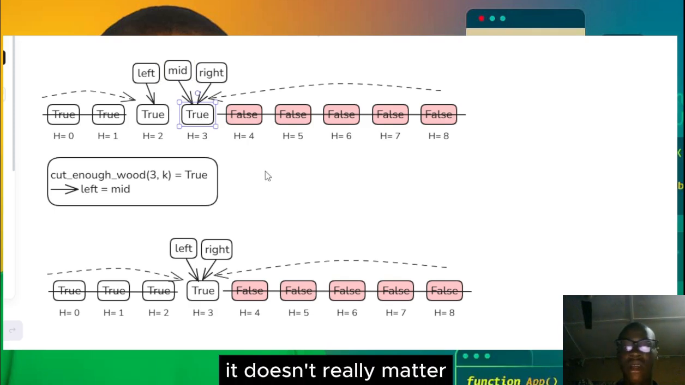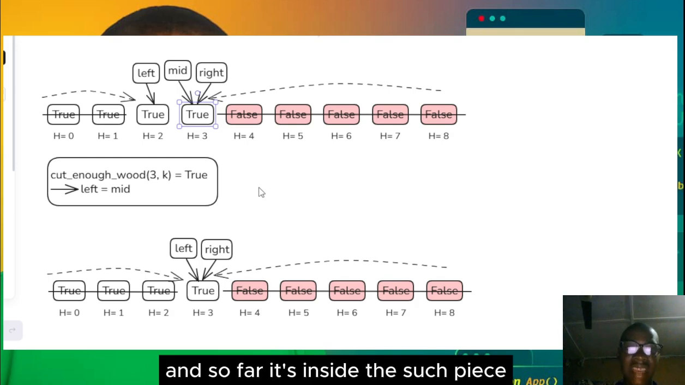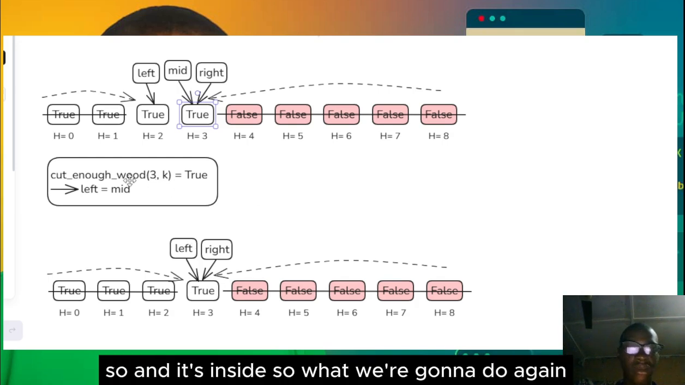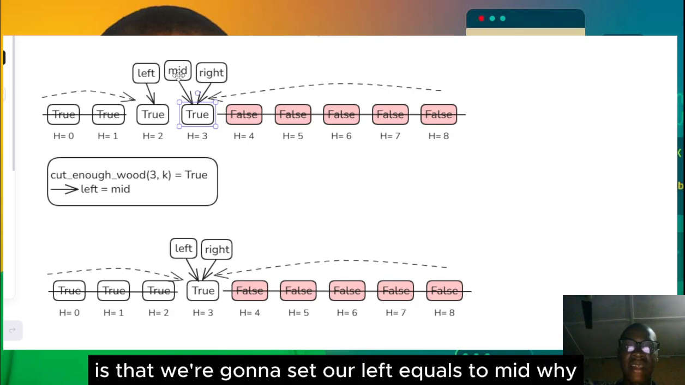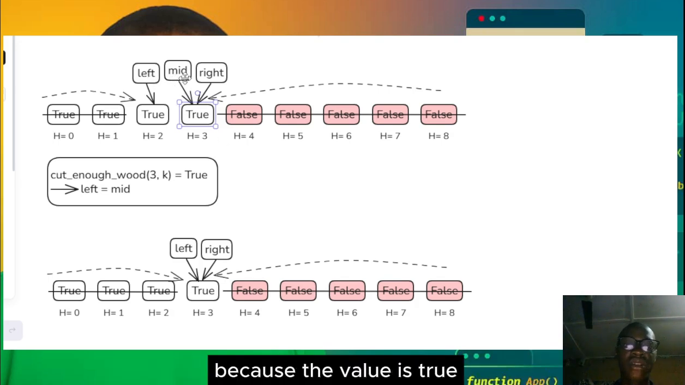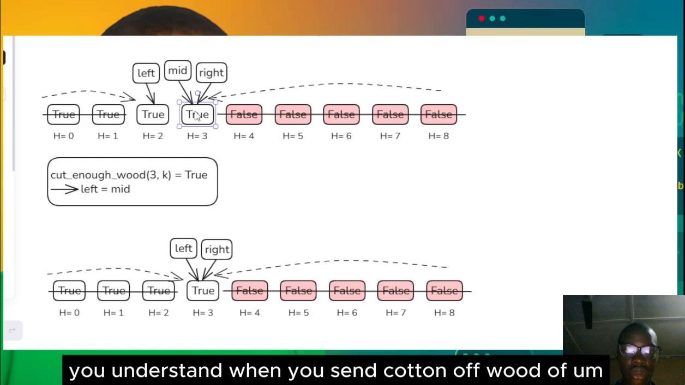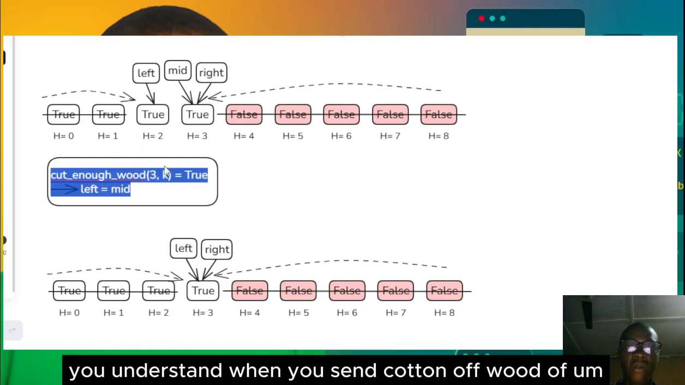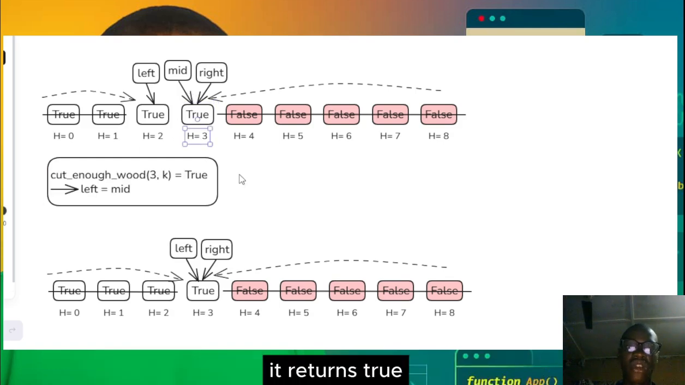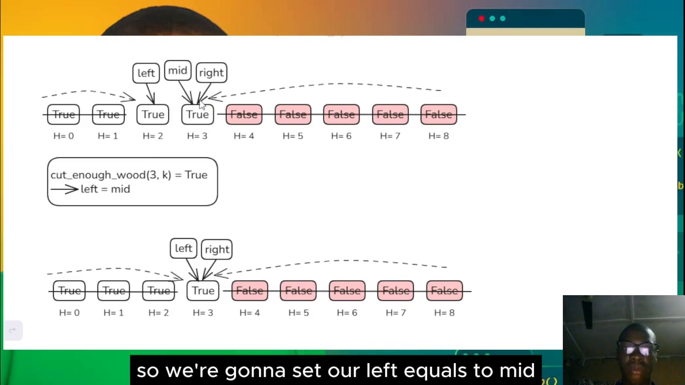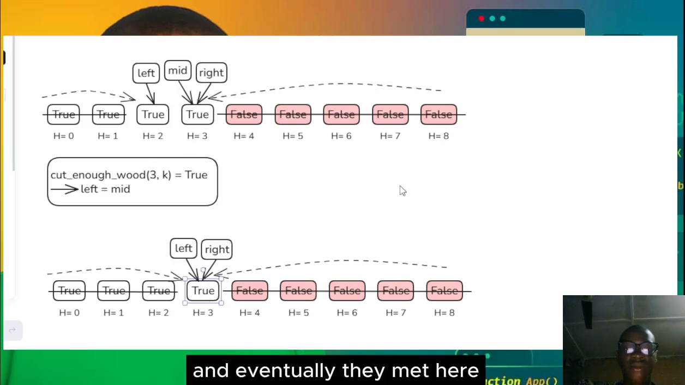It doesn't really matter, and so far it's inside the search space. So what we're going to do again is set our left equals to mid. Why? Because the value is true. You understand? When you send cut enough wood of the mid value, which is 3, it returns true. So we're going to set our left equals to mid, and eventually they met here, and that's why we are